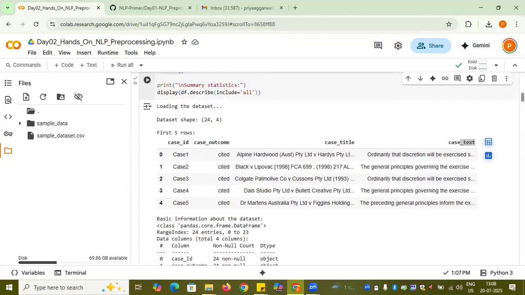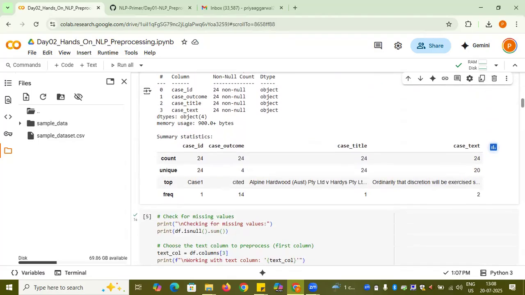And then going further down, there is df.describe. With df.describe, I am describing the data in terms of count. Because there is no null data, for all of them the count is 24. How many unique values are there? If you see, case IDs are different for everything. Case outcome has 4 unique values. Case title is again different, and then case text.